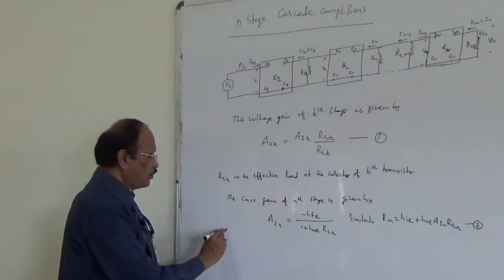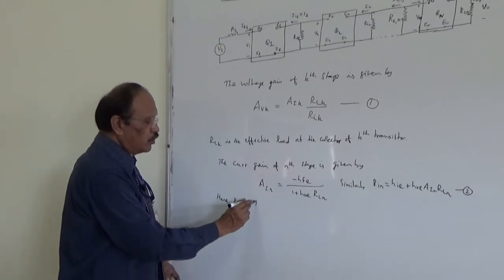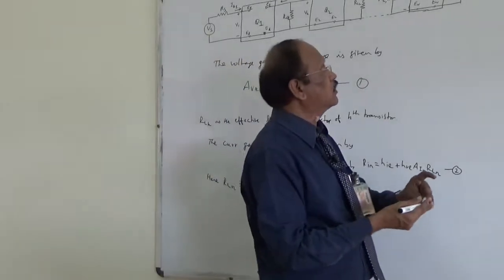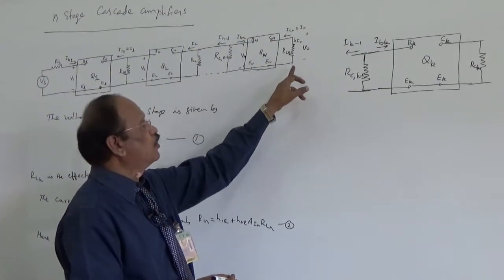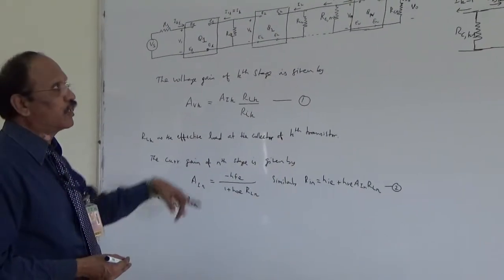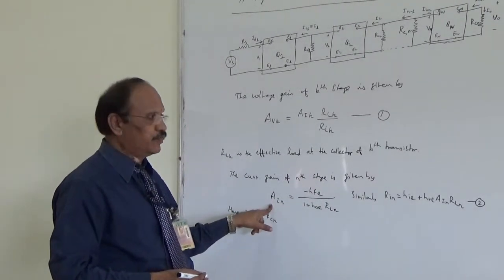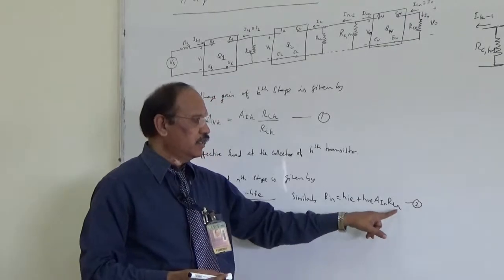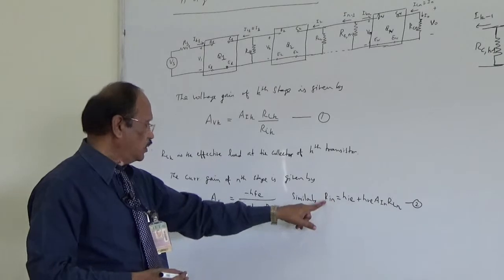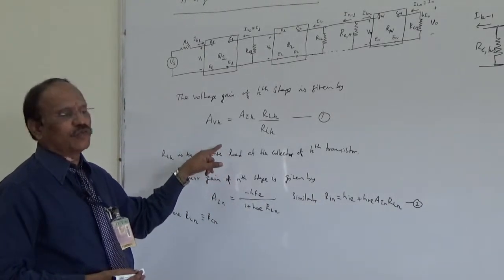So here RLN is equal to RCN. That is the collector resistance connected at the end. So here the load resistance RLN is equal to RCN. So we can take that value, substitute here, you know these parameters, you can determine AIN. Similarly, substituting this AIN with the same RLN, you can determine RIN. Then based on these two values, you can get AVN for the nth stage.